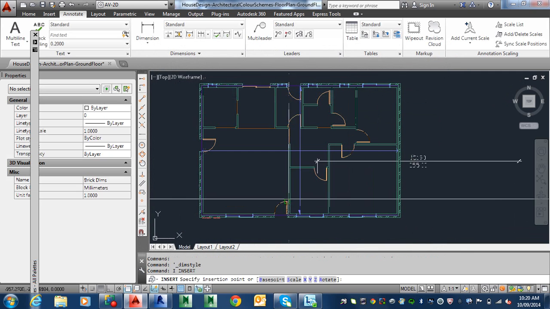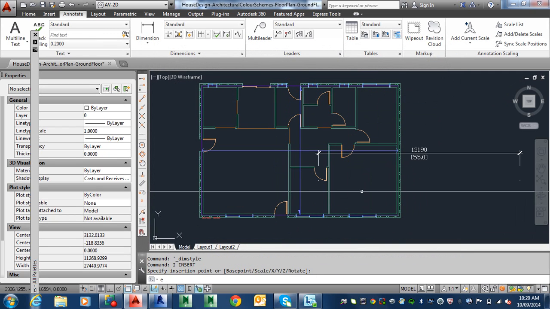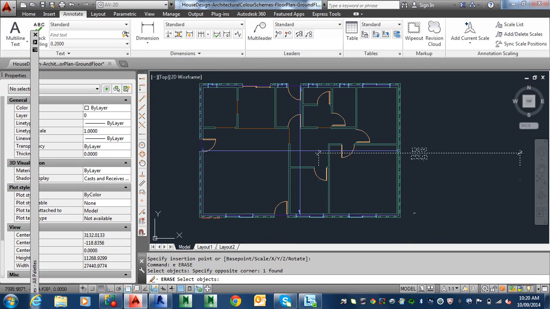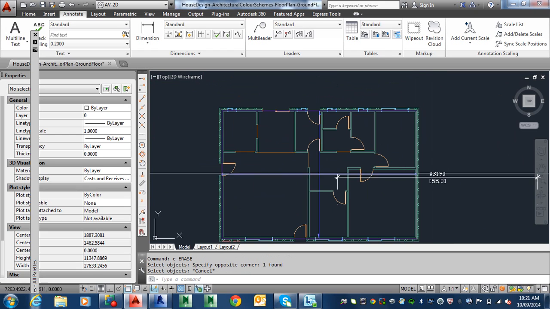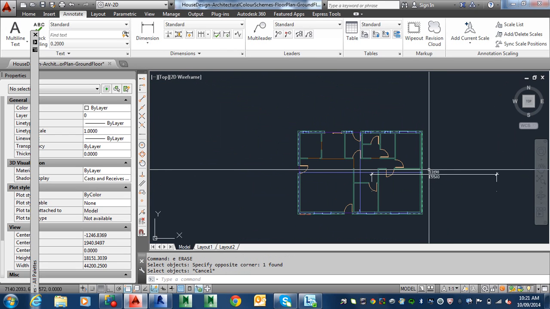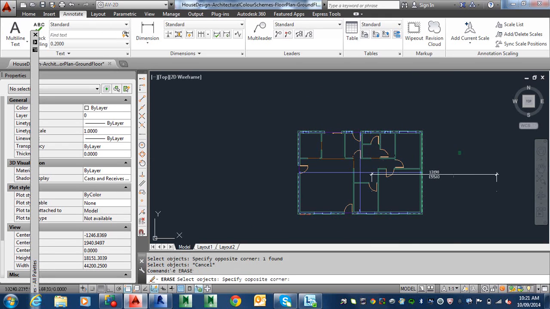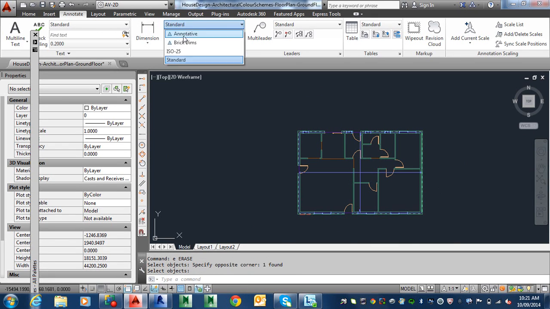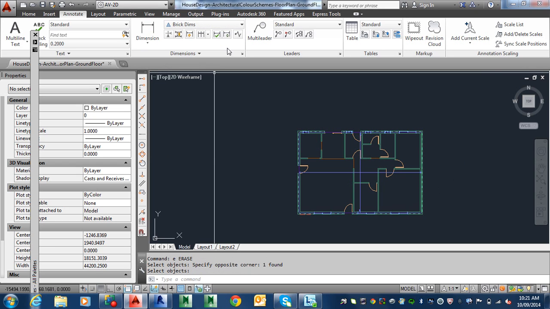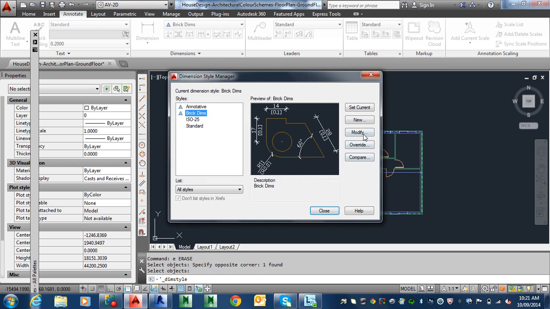Doesn't matter where you put it. You're not even going to use it. There it is. Erase that now. The only problem I can see here is that the text is different. That's because I'm using an annotative text style, so it's an adjustment to be made, but we'll fix that up in a minute. So here you go to brick dims,